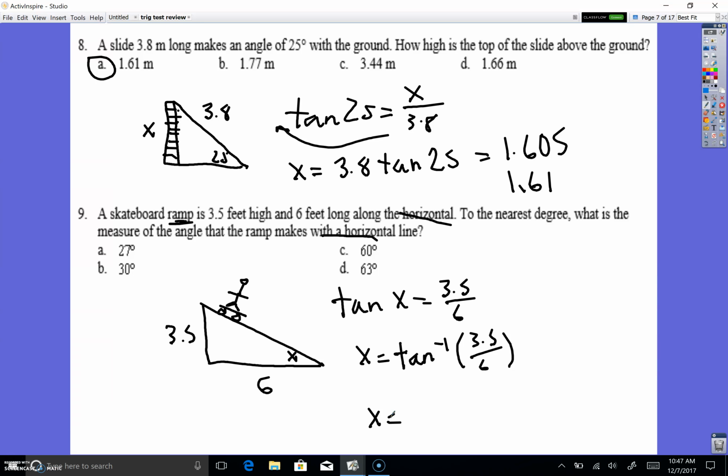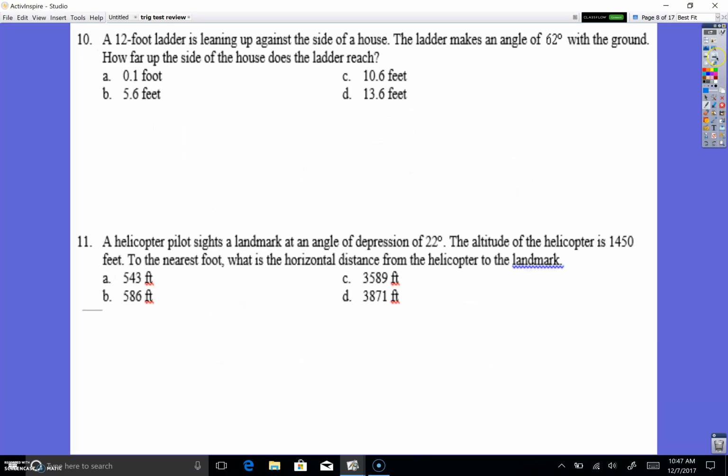You should get 30 degrees. Okay, we'll do one more section and then